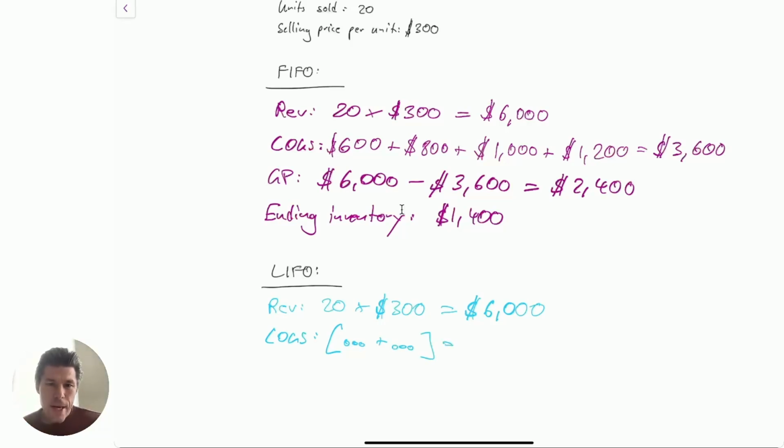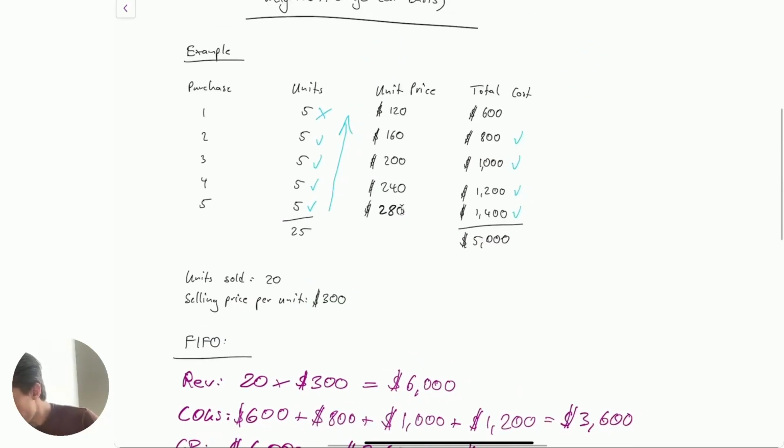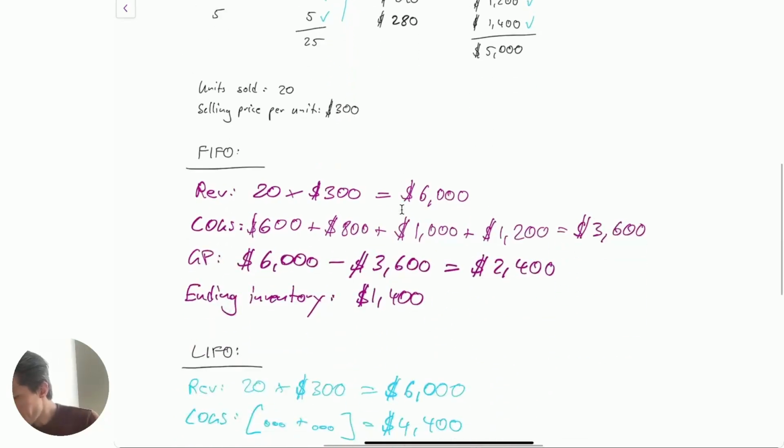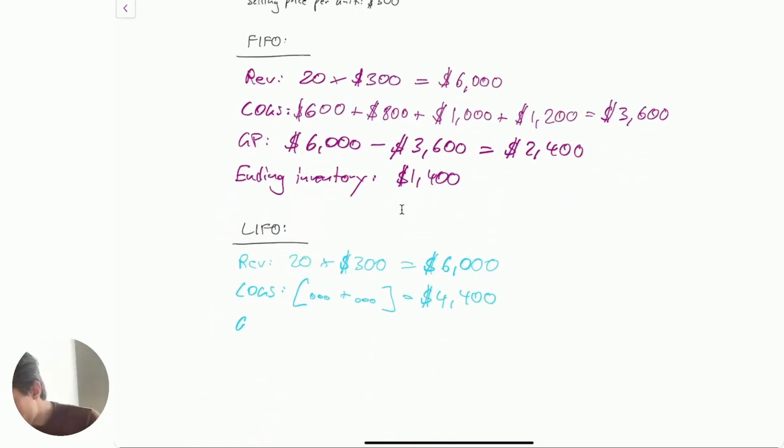And then you add up 800, 2,000, 3,000, 4,400 here. And then your gross profit equals 6,000 minus 4,400, and this is 1,600. And then your ending inventory,